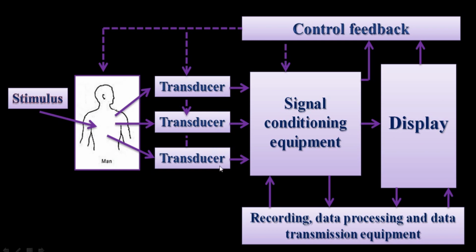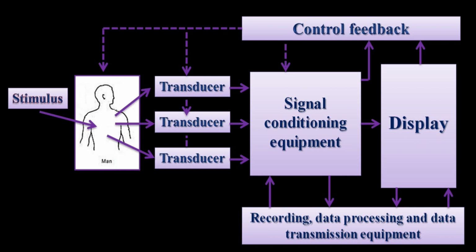In the man instrument system, each transducer is used to produce an electric signal that is an analog of the phenomenon being measured. The transducer may measure temperature, pressure, flow or any of the other variables that can be found in the body, but its output is always an electrical signal. As indicated in the figure, two or more transducers may be used simultaneously to obtain relative variations between phenomena.